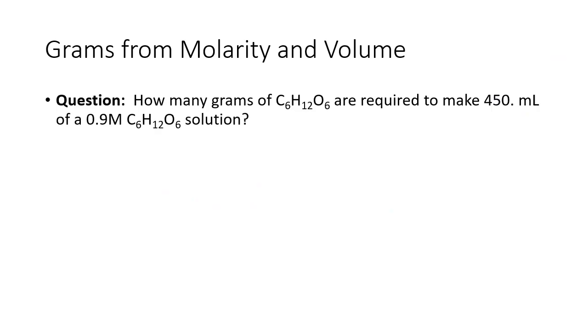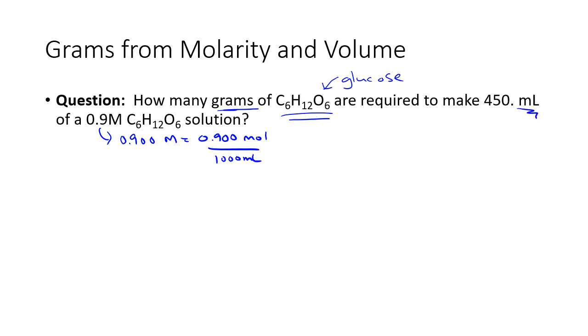So let's say that I wanted to find out how many grams of glucose, you don't need to know that one off the top of your head, are required to make 450 milliliters of a 0.9 molar solution. And in this case, I'm going to assume it's a few more sig figs just to keep a little bit of consistency. I wouldn't start with this molarity because that's really the same as saying 0.9 moles for 1 liter or 1,000 milliliters. I'm going to use that because my volume is in milliliters right now. And I'm going to start and say 450